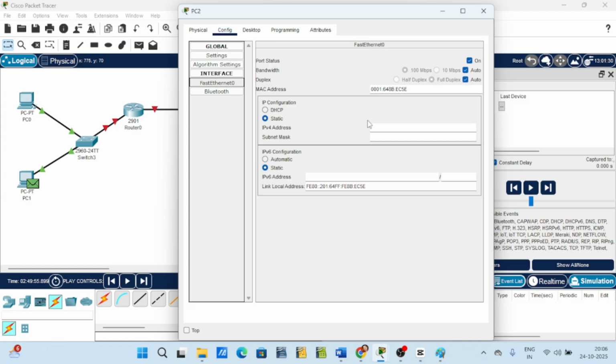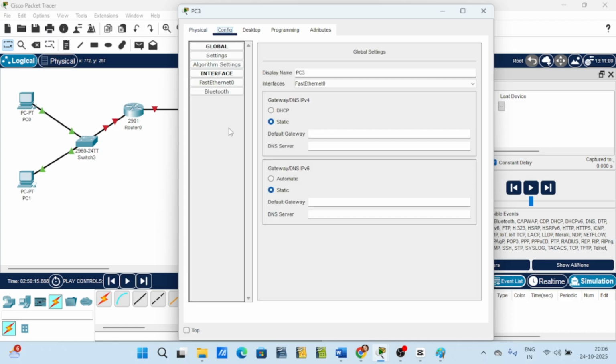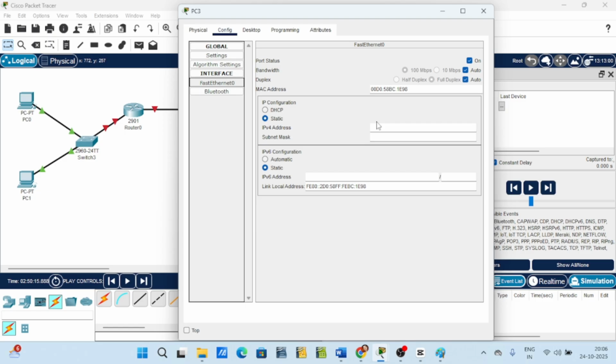I click on the fast Ethernet. Now we will use this as a separate network. So I'll be using 192.168.2.2 and the default mask is this. And similarly, I will use the other one, that is the PC3, and here after clicking fast Ethernet, I will provide